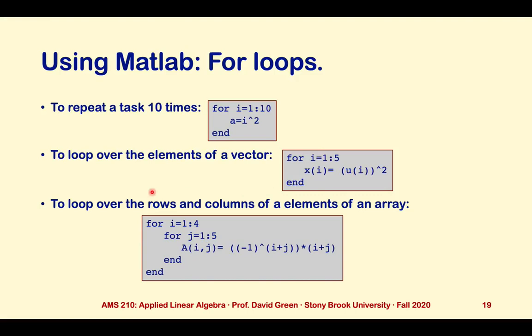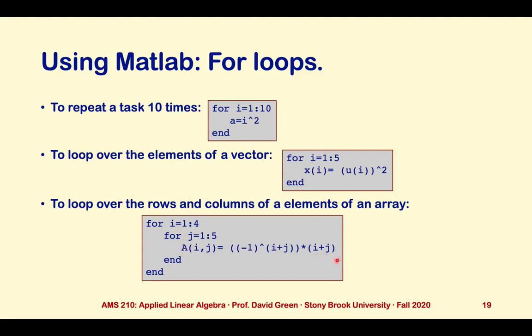We can do what's called nesting loops, writing for loops with more than one variable to go over all of the rows and all of the columns of an array. So a structure like this: for I equals 1 to 4, for j equals 1 to 5. This will make I equals 1, then j equals 1, j equals 2, j equals 3, j equals 4, j equals 5, then I equals 2, j equals 1, j equals 2, j equals 3, j equals 4, j equals 5, and so on. We end each of the for loops with an end,